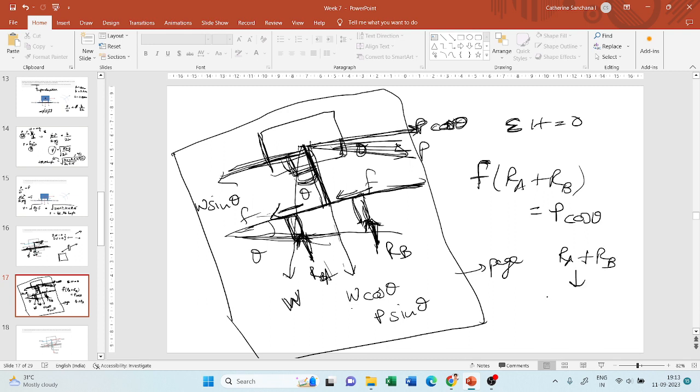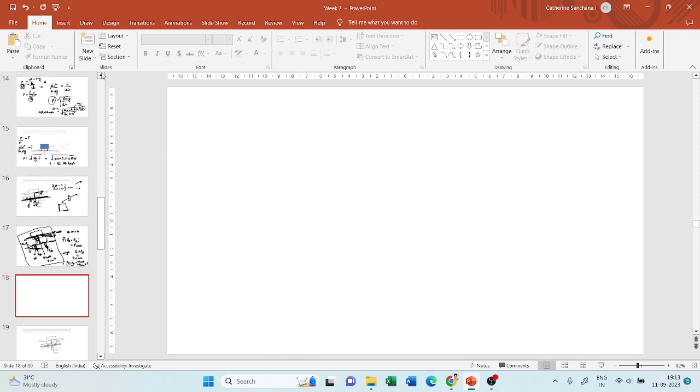You can find out RA and RB by taking summation of vertical forces equals 0, right? Now what are the vertical forces? RA plus RB are acting in the upward direction, so they have to be equal to the forces that are acting in the downward direction, right? What are the forces acting in the downward direction? It is W cos theta plus P sin theta. So in this equation you simply have to substitute F into W cos theta plus P sin theta is equal to,